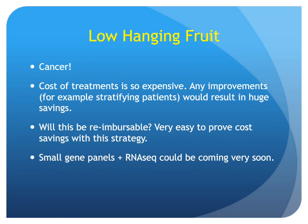So in terms of what is the lowest hanging fruit and where is the first area that, at Mayo Clinic but also at other places, we're going to see next-gen sequencing really take off, it has to be cancer. The cost of treatments is so expensive, and any improvements, for example stratifying patients, could result in huge savings, thus this would justify the cost of the sequencing up front. Will this be reimbursable? I think it's going to be very easy to prove the cost savings with this strategy,